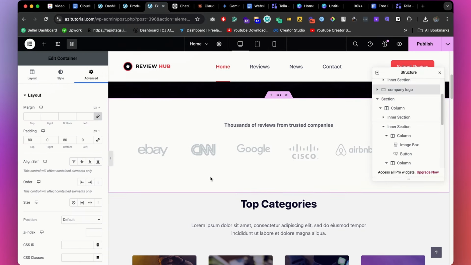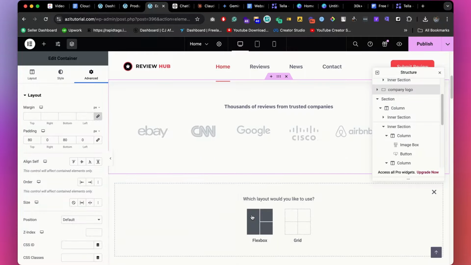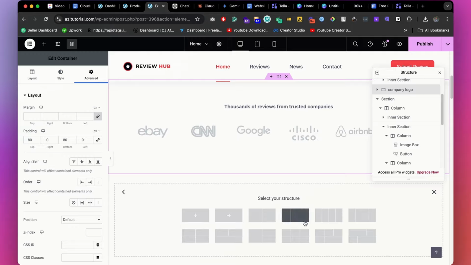Okay, now let me tell you more about the container and how it works. To understand the container, we need to click on this plus icon, then you get two options. One is flexbox, and the other is container. If you look at this image carefully, in flexbox I can take a long container inside of there, and it has two more options, small. But if you look at the grid option, it has four together. Four are almost together. So if I take this flexbox, as you can see,